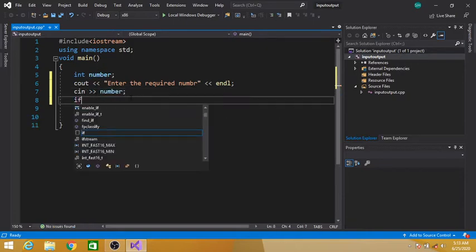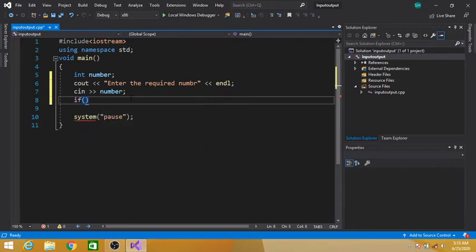Now, we know that if a number is completely divisible by 2, then it is an even number. Otherwise it will be an odd number.